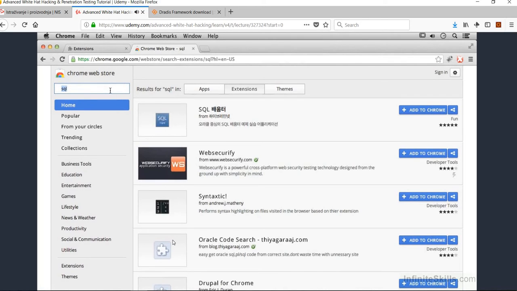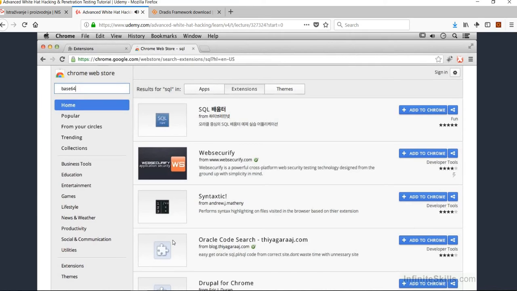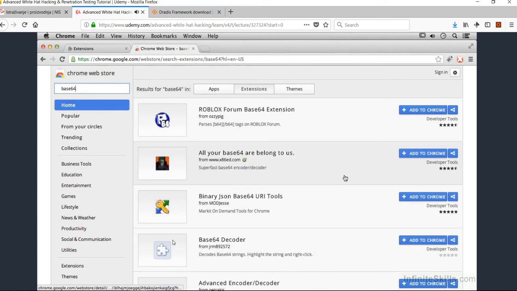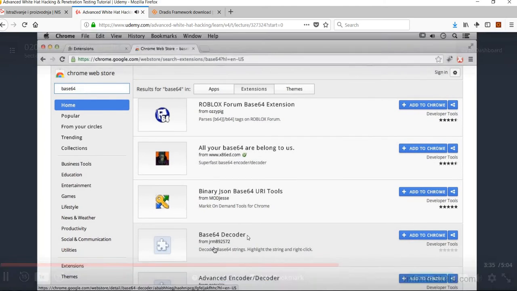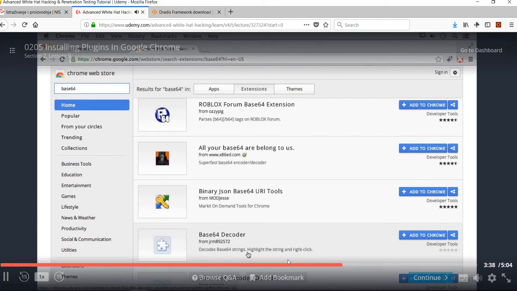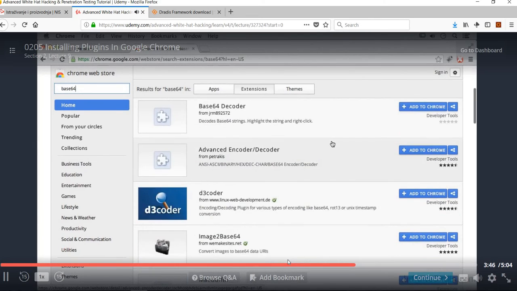There are tools that you may want to be able to, for example, do base64 decoding. Often when you're interacting with a web server, you may get data that's been base64 encoded. So you may want to have something like a base64 decoder right here. So this right here decodes base64 strings. You highlight the string and right-click, and it brings it up. So there are a number of plugins that actually work with Chrome